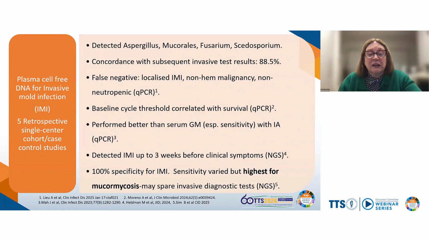But they do detect that you can find mucorales in blood up to 3 weeks before clinical symptoms, and that the test with whole genome sequencing was highly sensitive on plasma. These are small, retrospective case control studies, so they still require validation, but I think it is very interesting that multiple sites are finding these useful tests of mucorales DNA detection in blood.